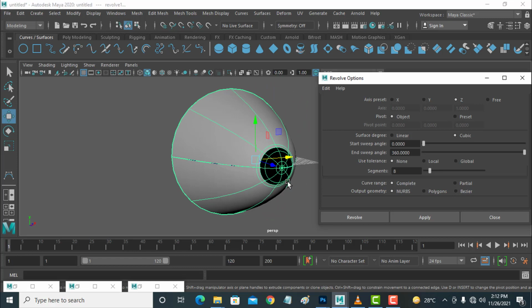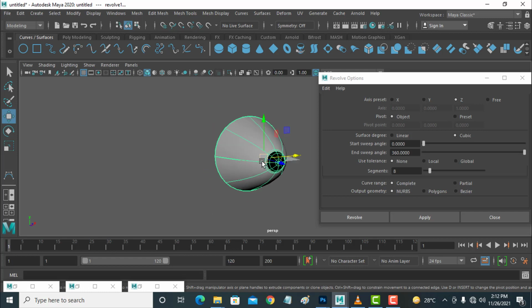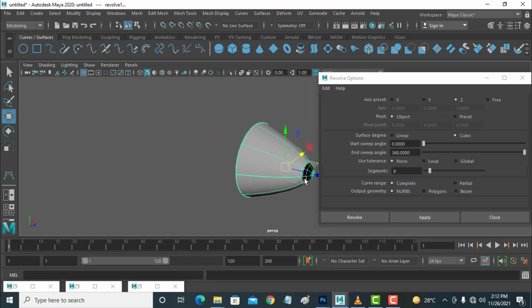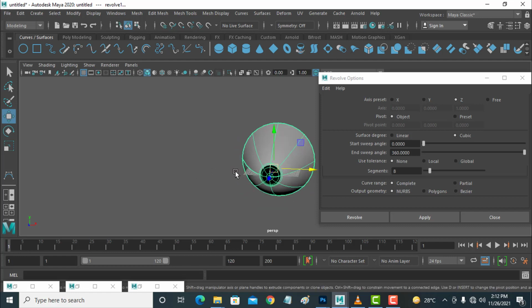So in this tutorial, in this lecture, many more options about lines and curves. You have to see this lecture two times, so you will understand better. So now I am closing this lecture. Thanks.